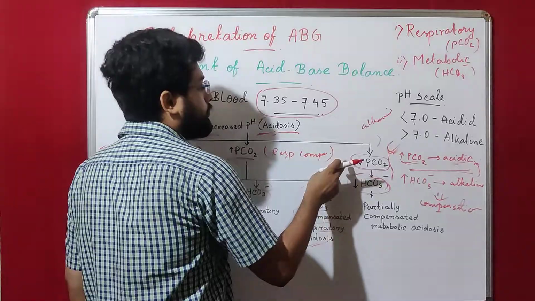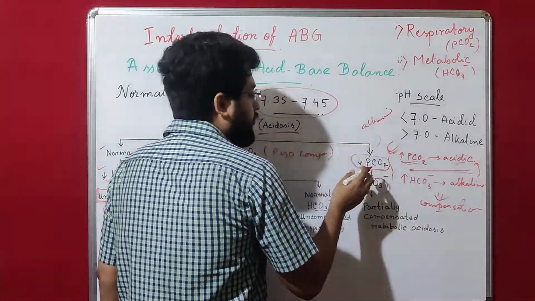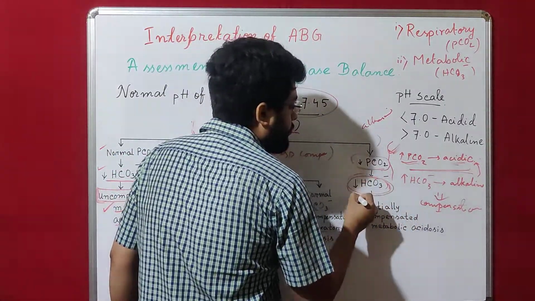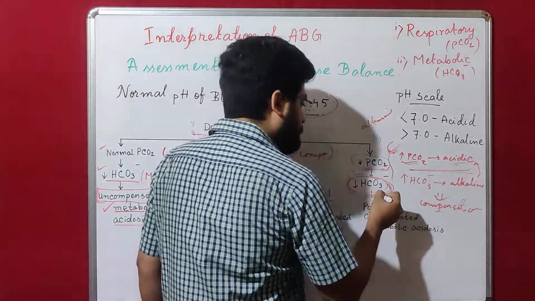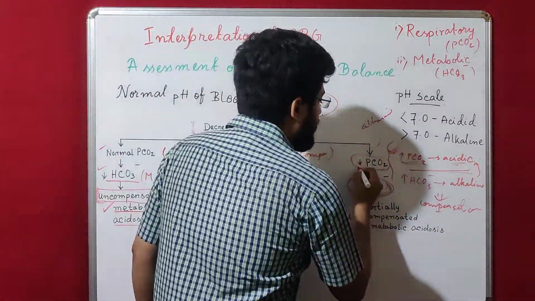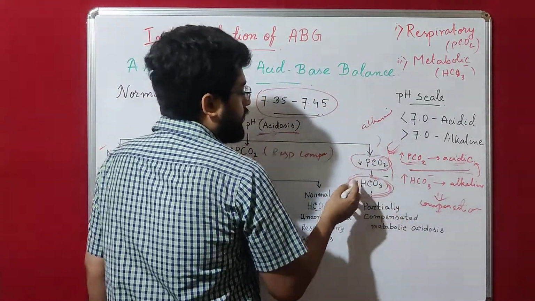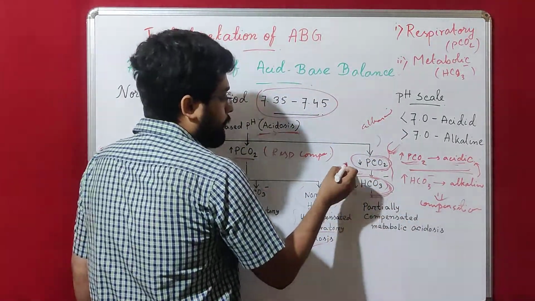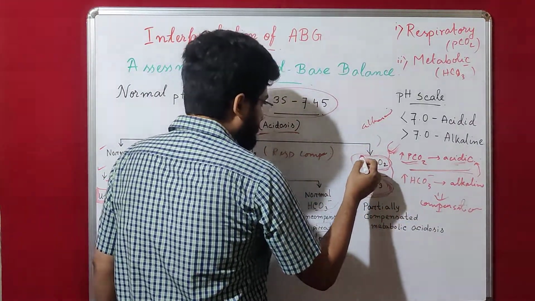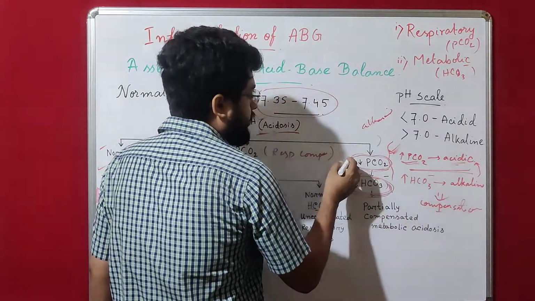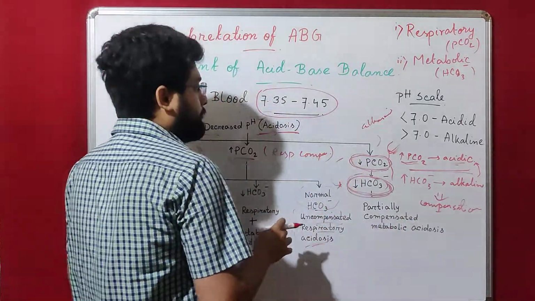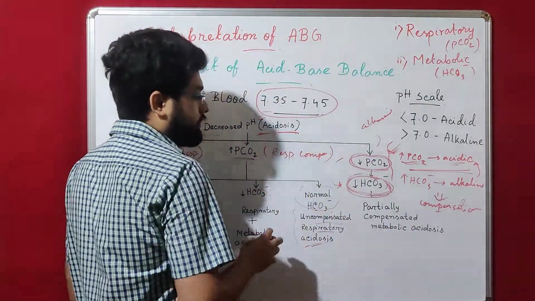That means here also, the PCO2 level is decreased, because the body is trying to eliminate this component or counteract it, and trying to keep the pH in the normal range through the respiratory component. Here is metabolic acidosis, and the body is trying to make respiratory alkalosis, so that this alkalosis counteracts the acidosis and keeps the blood pH in the normal range.